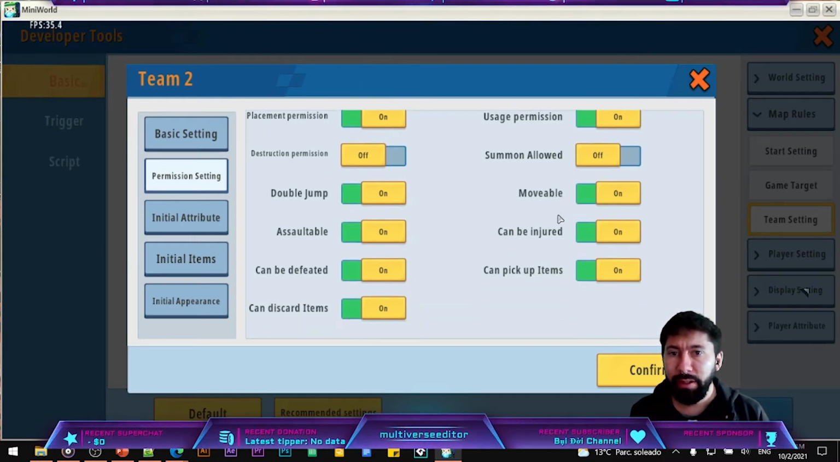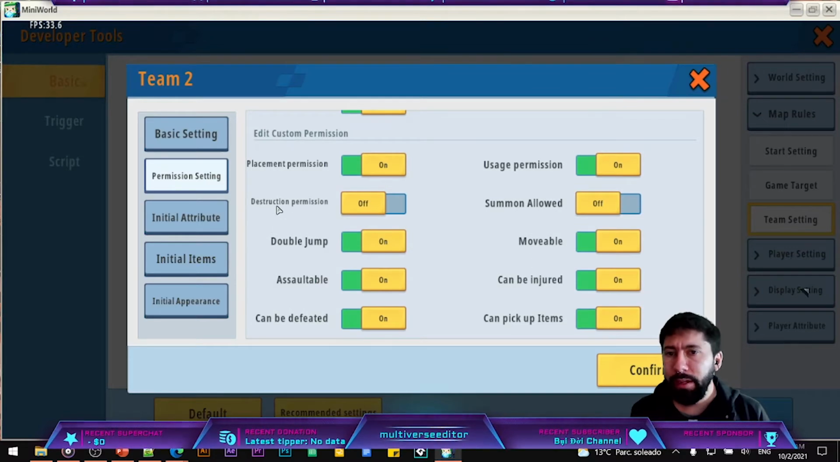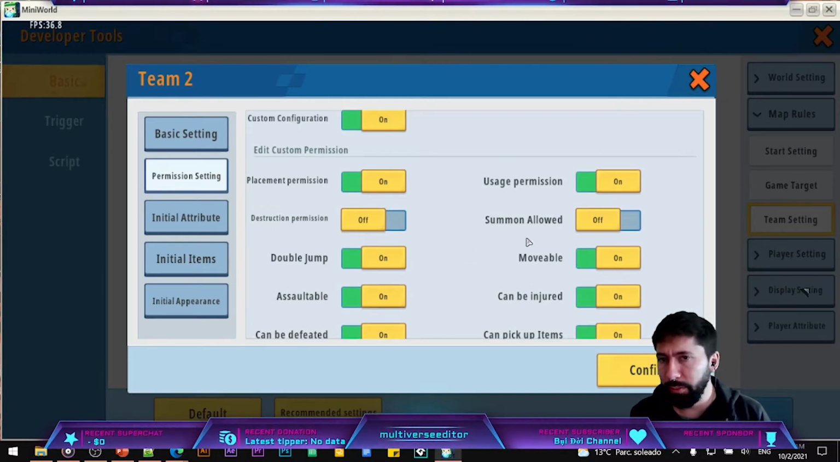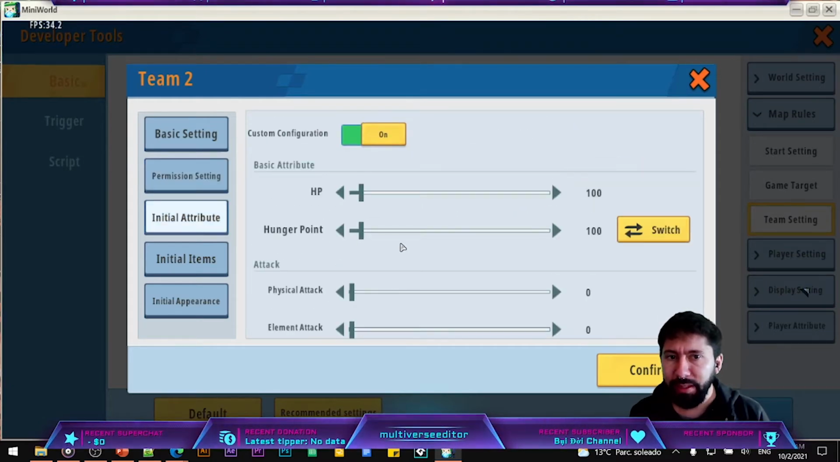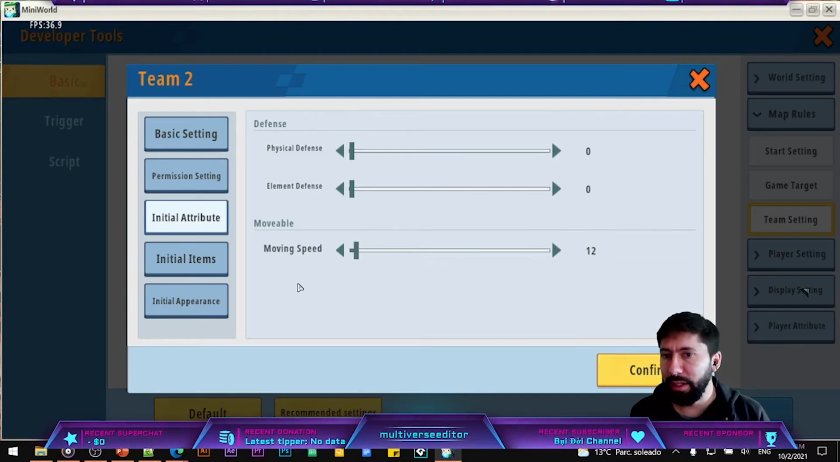Summon needs to be on, and all the other permissions need to be on, okay? Why destruction? Because we don't want the players to destroy the map. And summon, of course, because we don't want to get some monsters inside it, okay? For the initial attribute, you are going to activate it and change the moving speed to